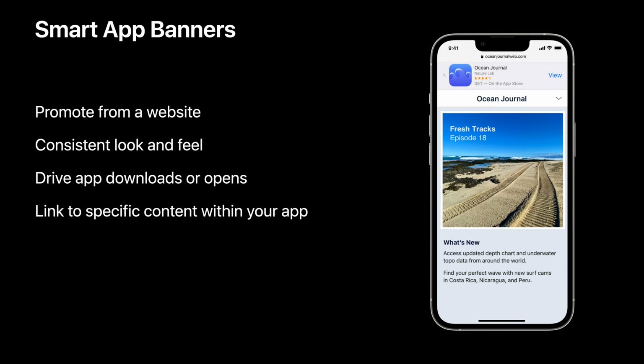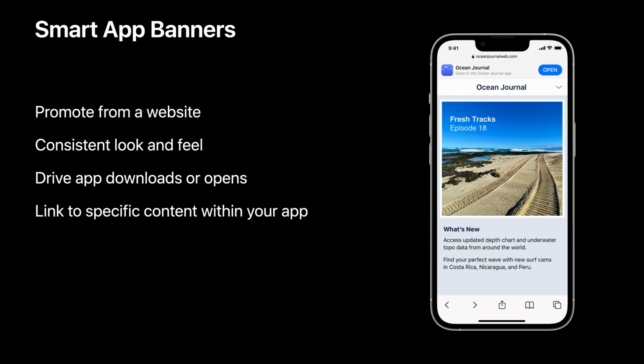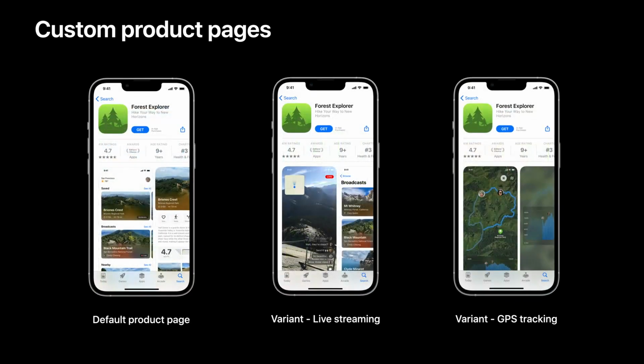You can use Smart App Banners to send people directly to your product page, or if someone already has your app installed, the view link will change to open, and you can even use the feature to link to specific in-app content. Another way to create a great landing experience when coming to your product page is through custom product